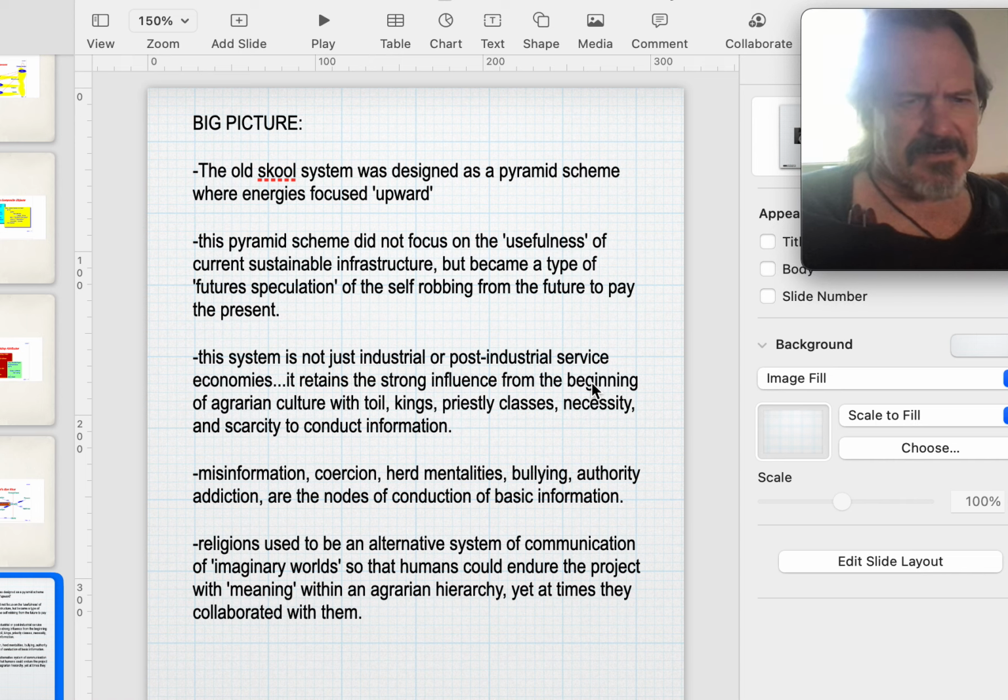Religions used to be an alternative system of communication, imaginary worlds, as we said in the early transmedia, switching reality for illusion. Fiction and reality had this thing. The great religious architecture of the world is purposed to do this, to make people think that certain fictions are a reality through ritual, through the beauty of these structures, through the